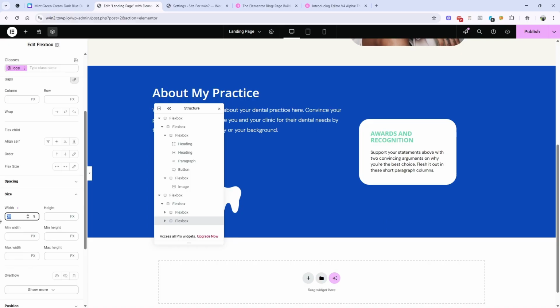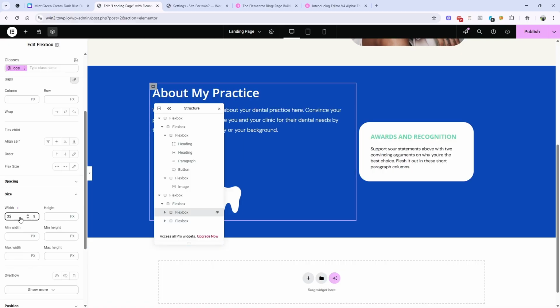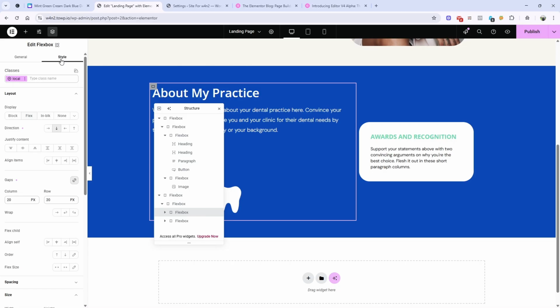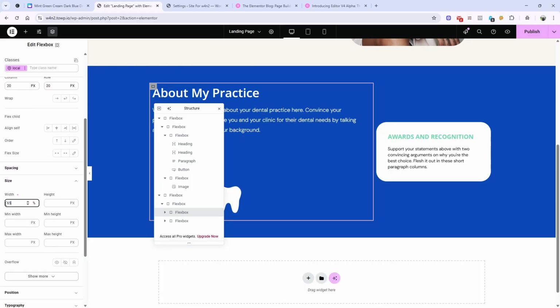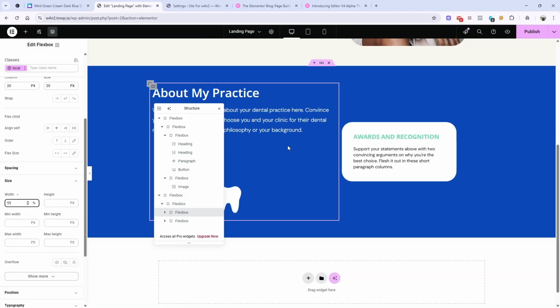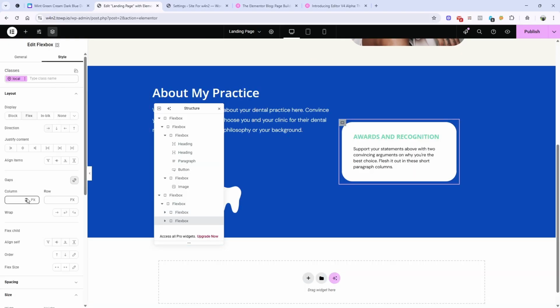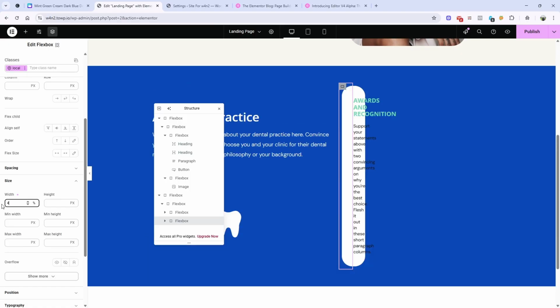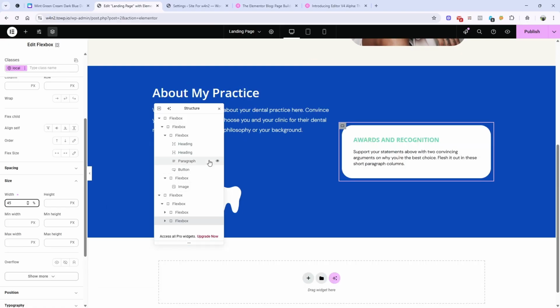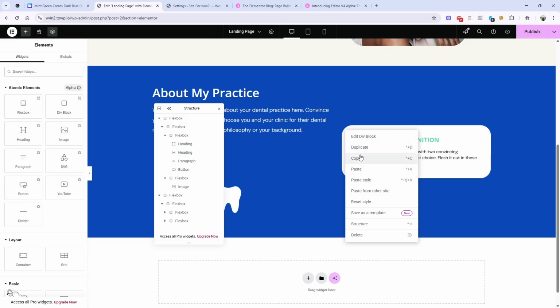Or maybe 35, and this one to 65, no 60, not 65, plus 55, and this one to 45. Okay, so you get it, you can adjust it as per your need, by the way. So yeah, and then I will duplicate it,